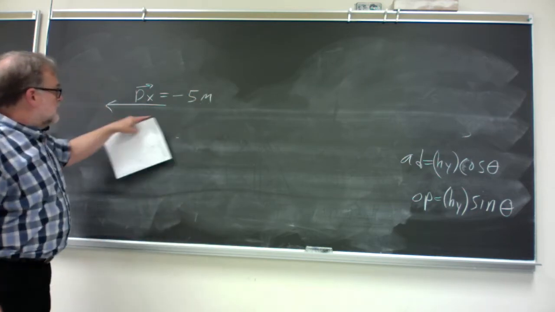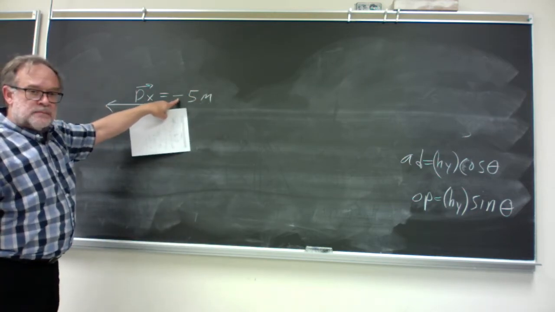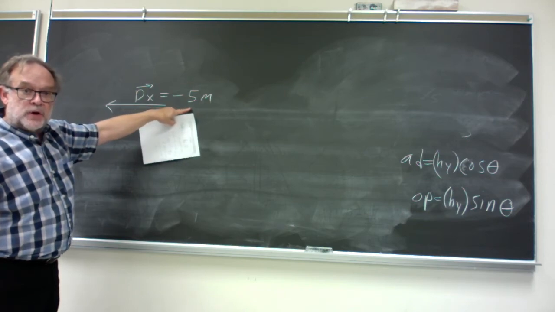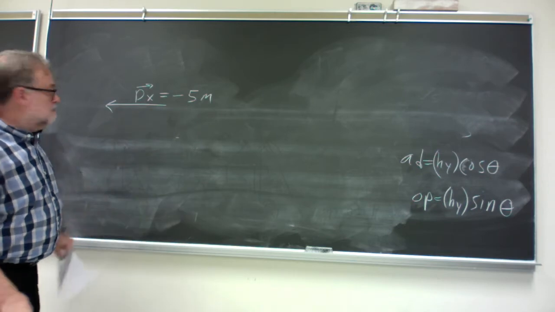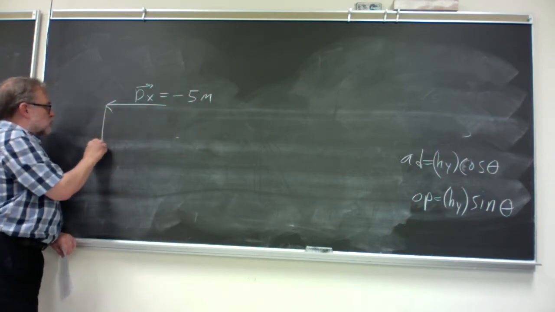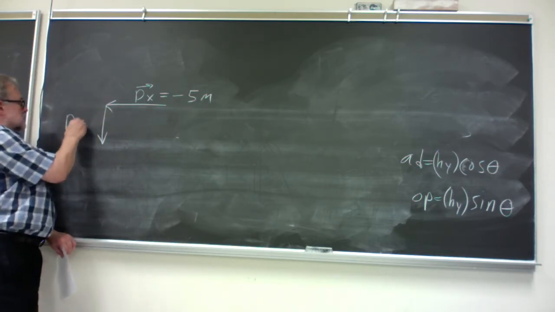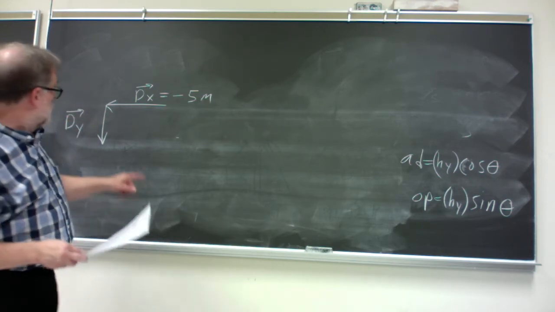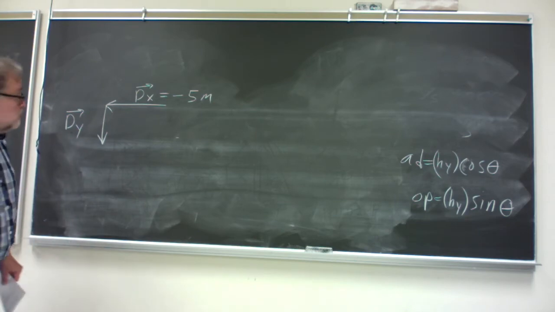A displacement like this means you move in the negative direction, and the end point of this displacement is 5 meters away from the starting point. And then, if you add to it some displacement in the y direction, in the negative y direction to be precise, and let's say the value of that is minus 4 meters,